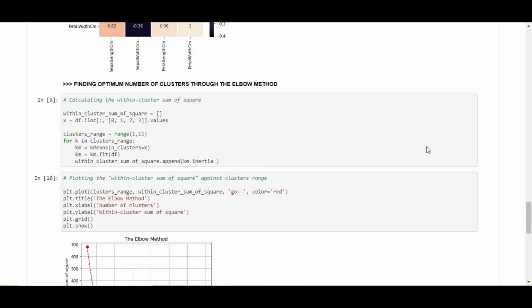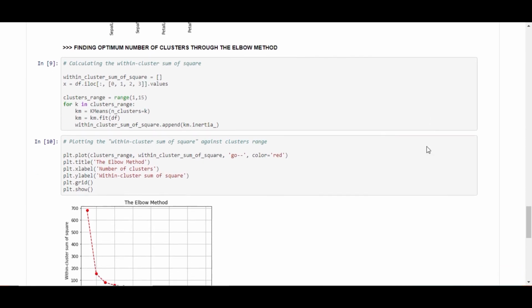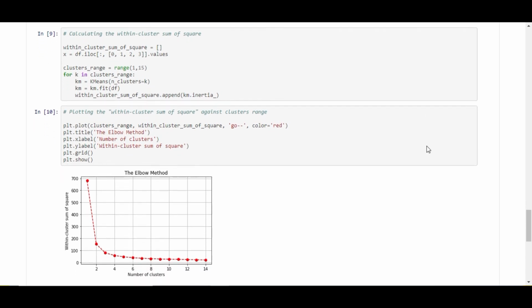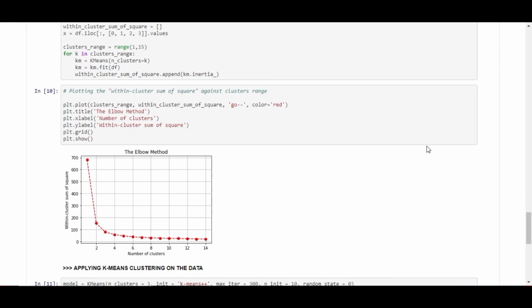Now we move on to finding the optimum number of clusters. The ideal way to figure this out is using within cluster sum of squares. It is basically the distances of each data point in all clusters to their respective centroids. The idea here is to minimize the sum. If there are n observations and we specify n clusters, then the within cluster sum of squares will become 0 and this will form a perfect cluster. However, it won't make any sense.